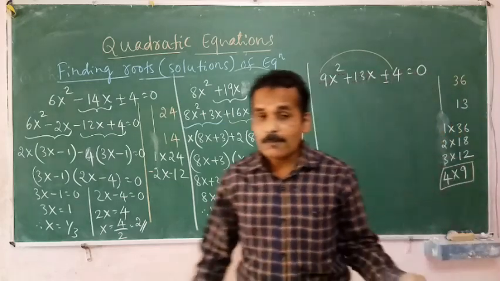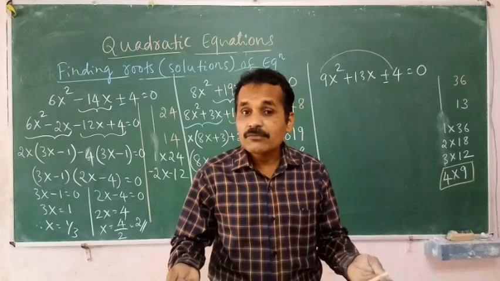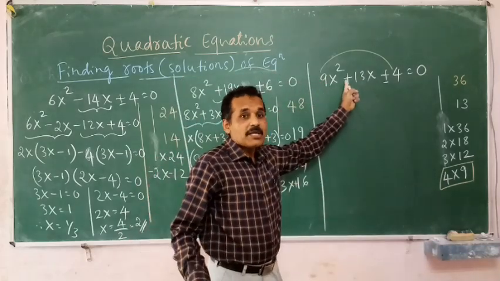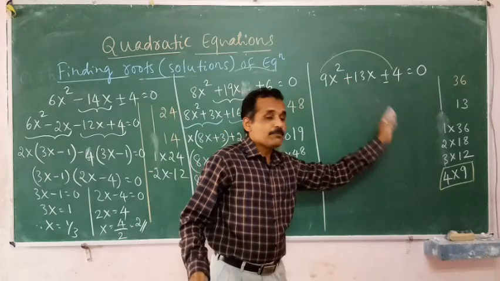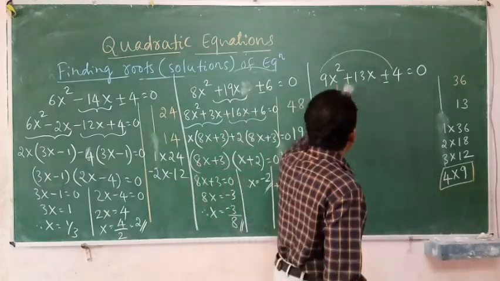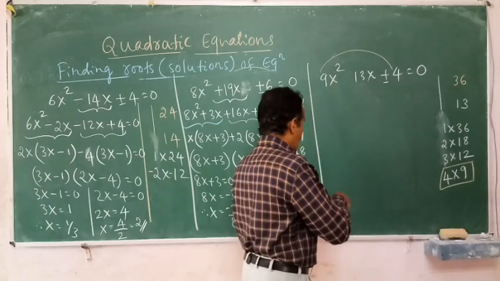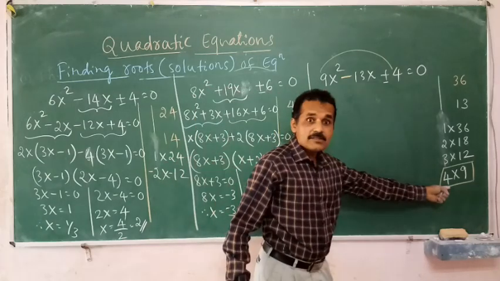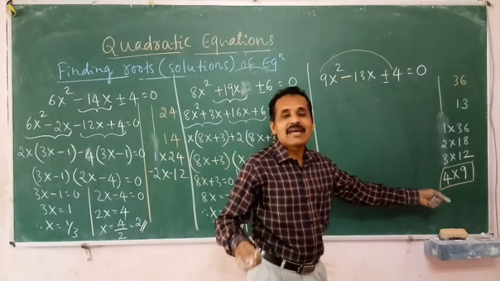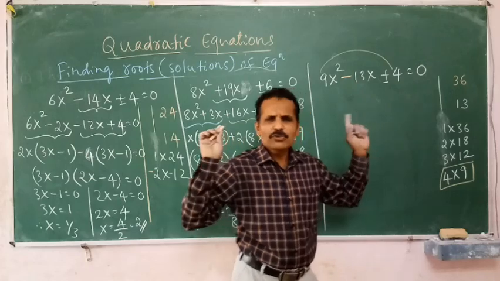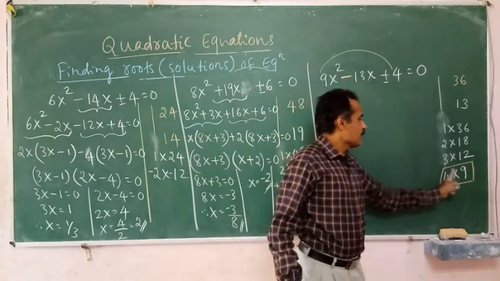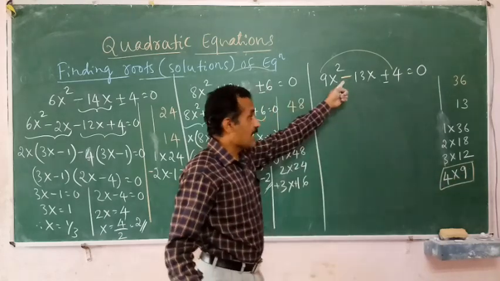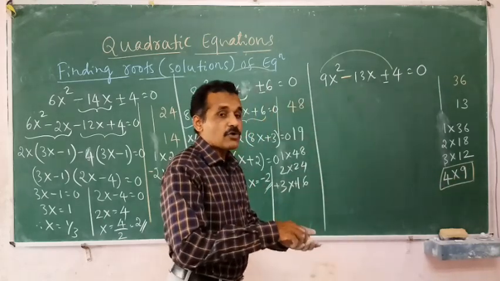4 and 9 or 9 and 4. Which sign has to be given? What is the sign? Check this. If this is positive, both are positive, positive. If this is negative, I will change it now. I will make this negative. That is no difference. Only I have to change the sign as minus minus. That much only. If this is plus, both are plus plus. If this is minus, both are minus. I will change the sign. Okay, and I will solve it.